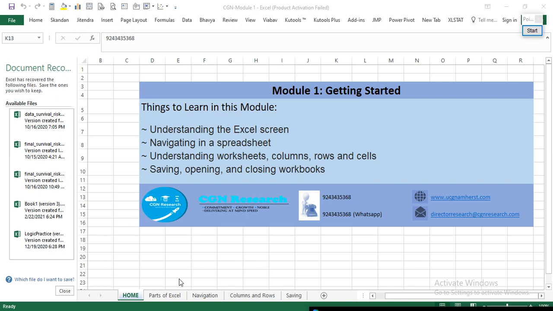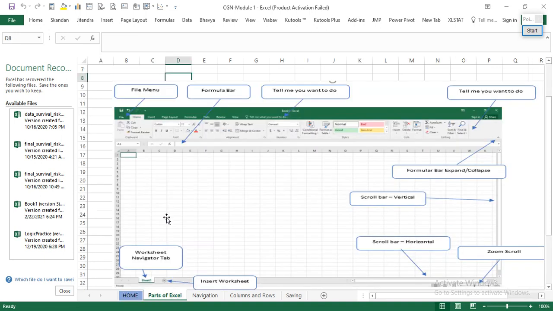If I open this part, you can see that this is the menu part here, where I'm moving the cursor. Here on top we are seeing the quick access bar, which, if you remember the icon, you can directly go to that functionality.